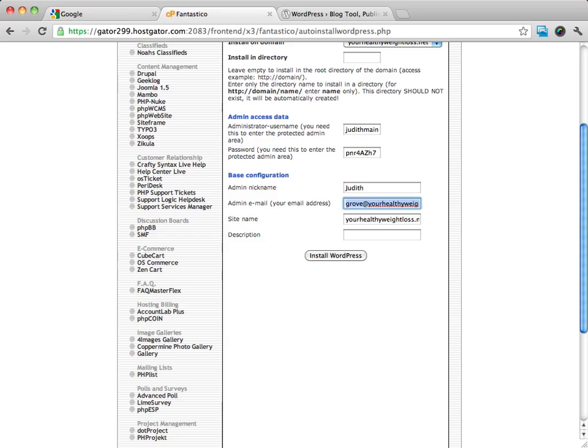We're going to set up an admin email address, which is actually admin on this site. And then a site name. What you want to do here is use your main keywords as the site name. A lot of times all you'll do is separate your domain name into a couple different words. So in this case, we're going to be using Your Healthy Weight Loss. And then for my description,